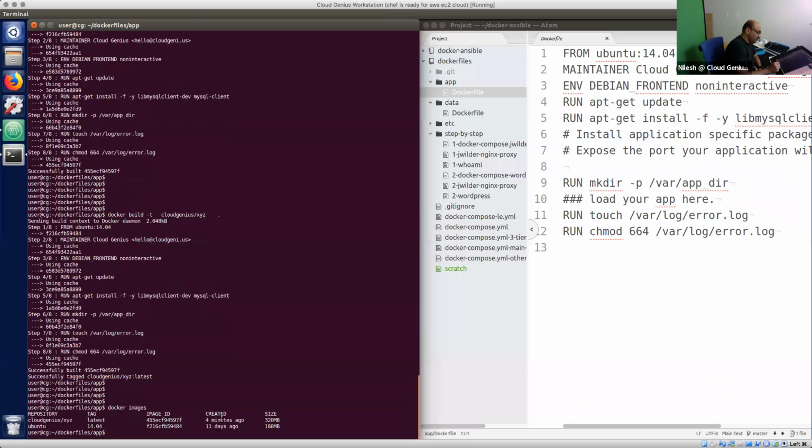Image was created 4 minutes ago. The number is still 455 Echo Charlie, but the name is tagged correctly. And we have the latest tag. So that's the repository called Cloud Genius XYZ, where I can push this image to Docker Hub,